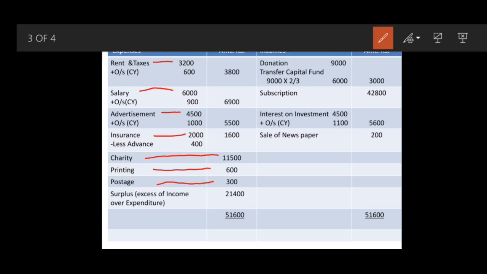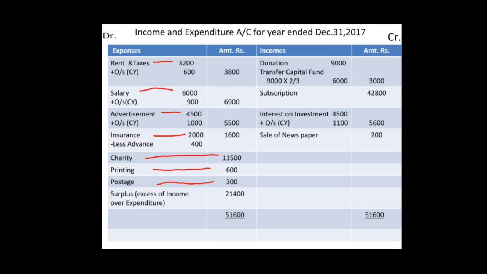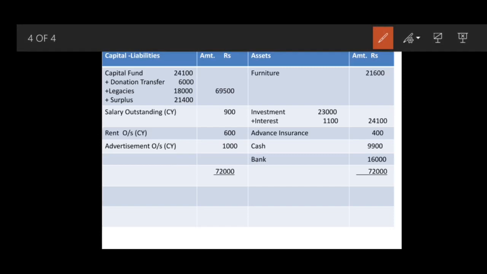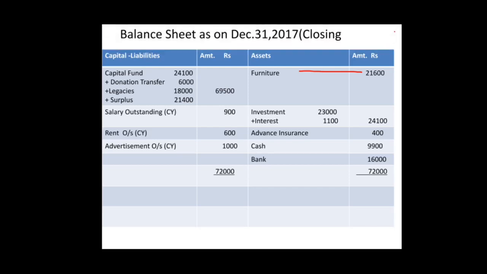Then comes your furniture. Now this is additional furniture purchase. So come to your closing balance sheet. Over there, furniture first you write down, leave it, and then beside that write down plus purchase 21600. If we have an opening balance sheet with furniture, then we have to write down furniture first, as in the previous sum we have done. Then plus purchase 21600 will be there, and then outer column. But in this sum there is no opening balance of furniture given, so we will directly transfer 21600 outside.